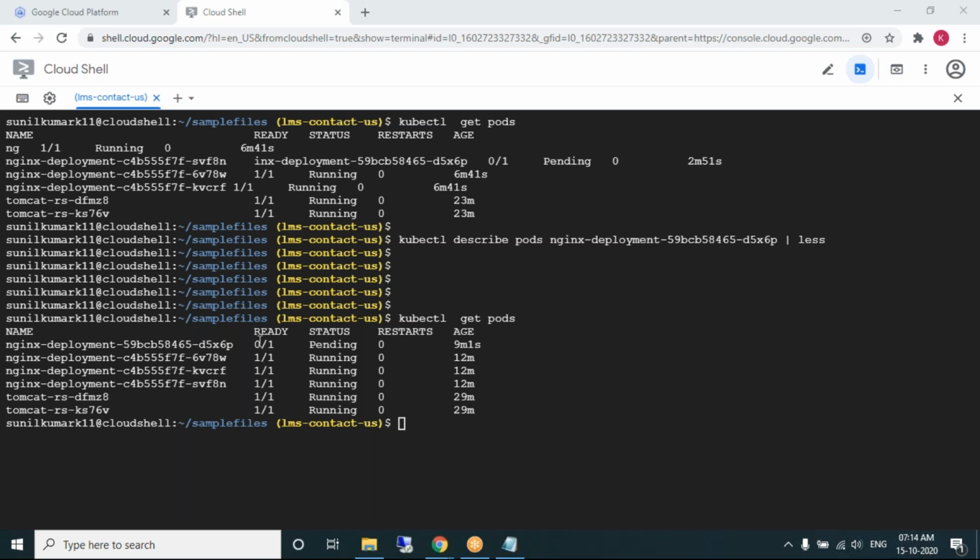Got it, Vikas? Once all the 3 pods are upgraded, the 4th pod will be automatically removed from the deployment object. All this is taking more time here because we have limited infrastructure. Practically, when you work in projects, they use very high-speed servers with more CPUs and more RAM, so all this happens within fractions of seconds. Here we are getting it slow, but practically it will not be as slow as we are experiencing now.